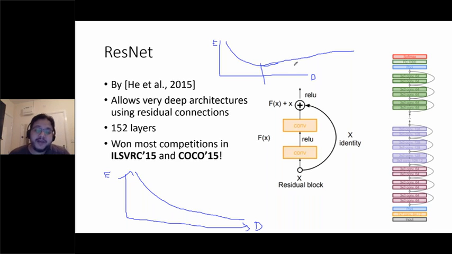So one very clever idea that the ResNet authors had, and I think one of them is now working for Facebook AI Research. You can see here, it's very deep for ResNet. What they did was a very simple and clever trick.